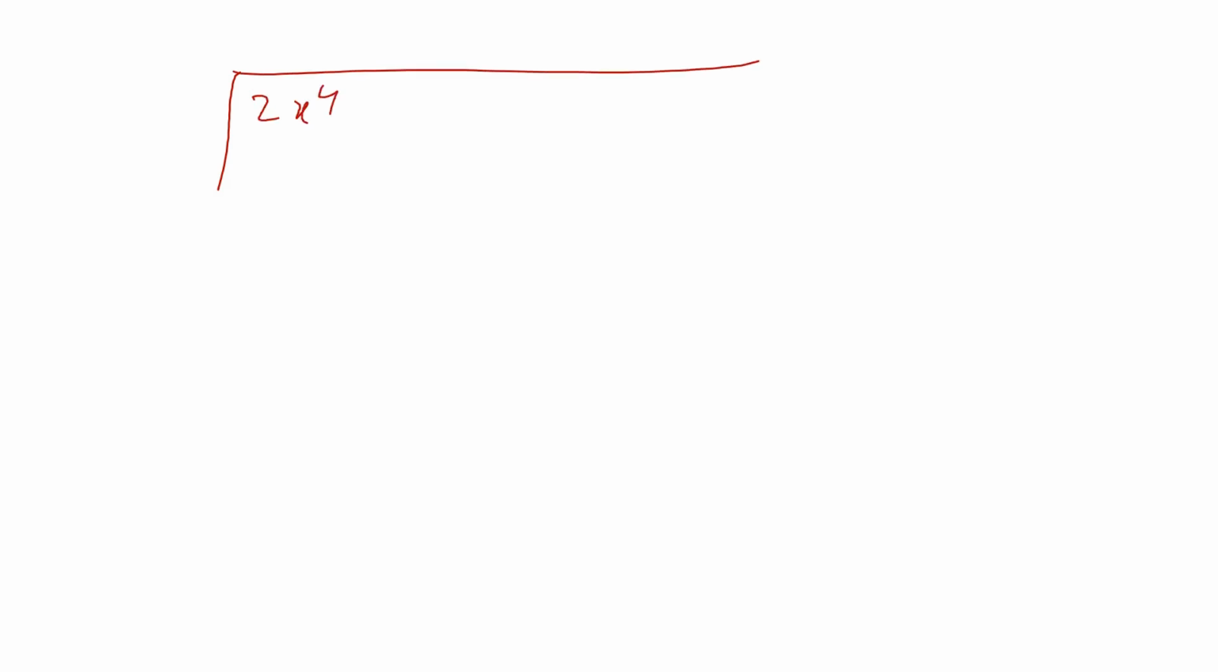2x^4 minus 3x^3 minus 3x^2 plus 6x minus 2, and we got the divisor as x^2 minus 2. Now what we have to do is take the